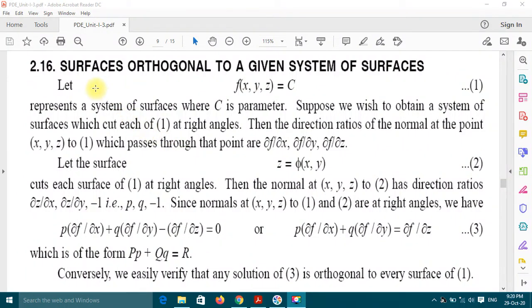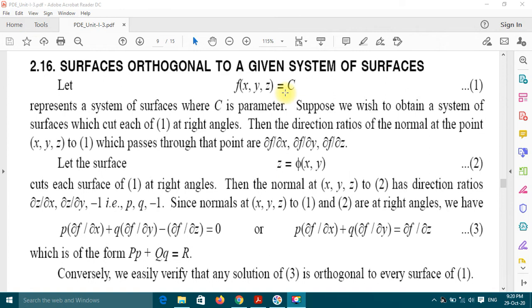In this lecture, we discuss surfaces orthogonal to a given system of surfaces. It means that in the question, an equation of a surface is given and you find the corresponding orthogonal system of surfaces. So suppose that f(x, y, z) = c represents a system of surfaces, where c is a parameter,